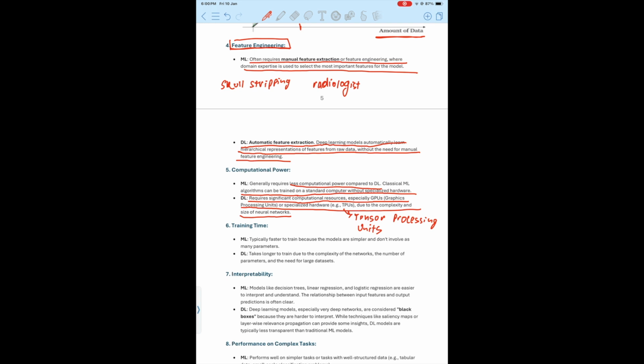So DL requires significant computational resources, and machine learning doesn't require much computational resources. That's why we can see the rise of NVIDIA GPUs, NVIDIA RTX 3090, now it's 5070 or 5090. So basically the requirement, actually this is also a topic to study, like how we realized that parallel processing of the data